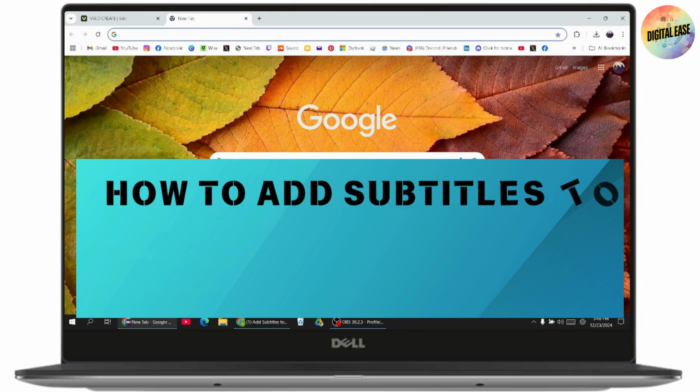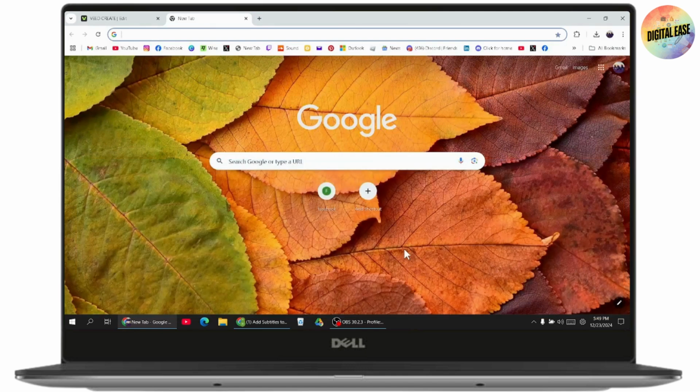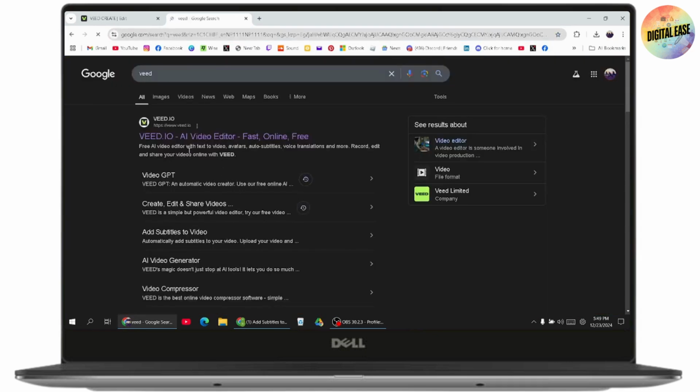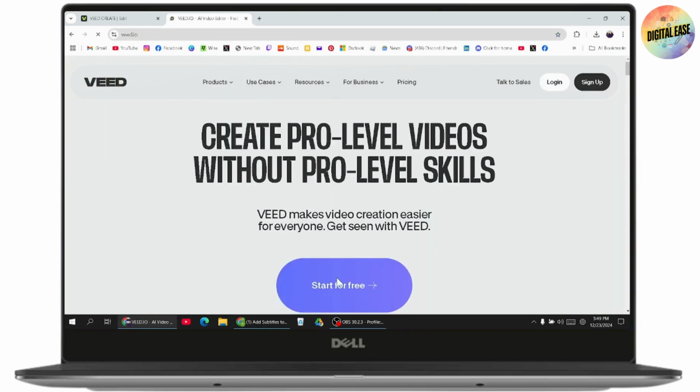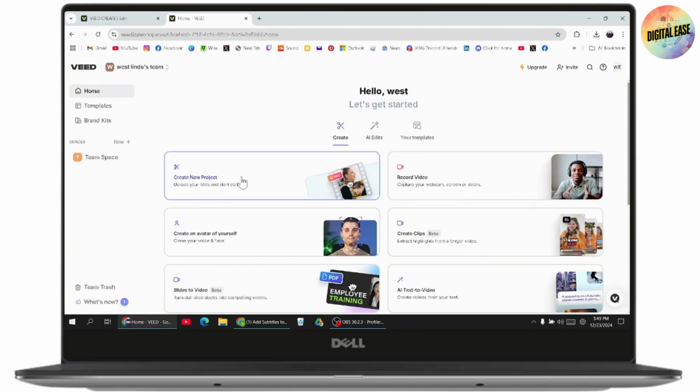How to add subtitles to a video automatically with VEED. So if you want to add subtitles to a video automatically with VEED, then what you need to do is first open up VEED in your browser and make sure to sign into your account. Just click on VEED and then go with start for free and then select your project, or you can create